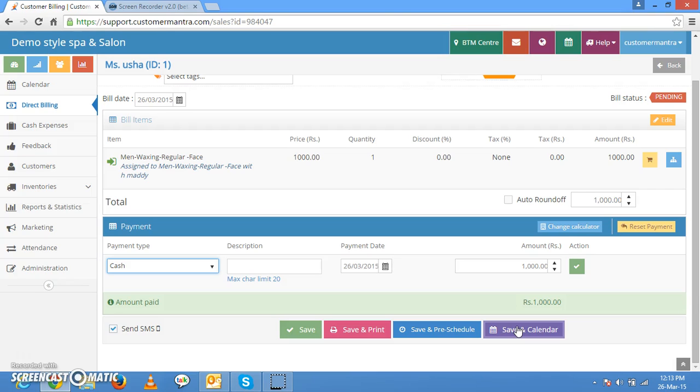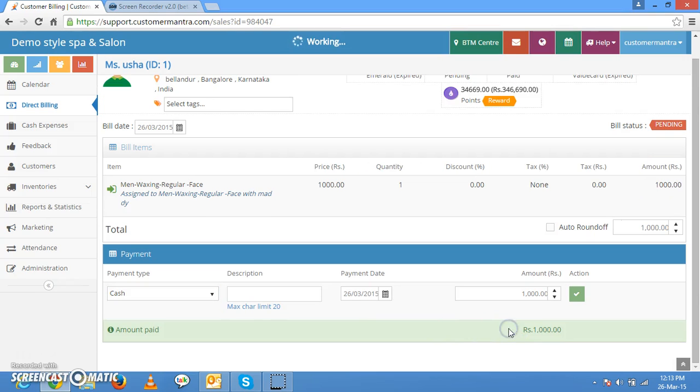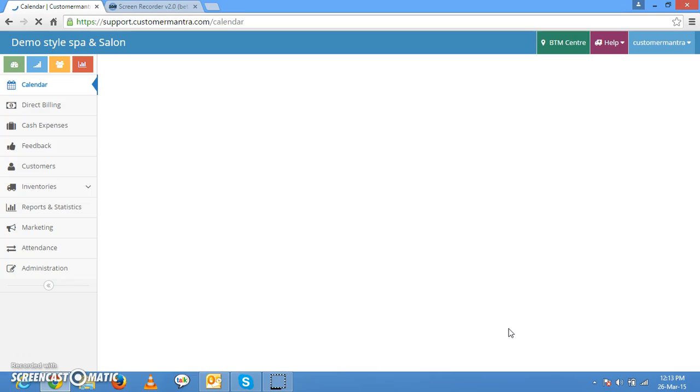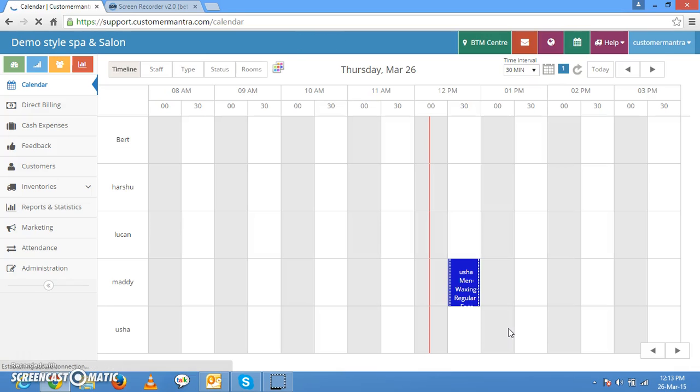Now what it also does is that it sends an email and an SMS to the customer notifying them that their total bill value is about $1000 and what service they've taken, right? Thanking the customer for visiting your salon and what the total bill value is. So if you would want to hand over a copy of a printout to the customer, you could hit save and print. This will save the information and print a receipt which you can hand over to the customer, right? So I'm going to save in calendar for now, since I'm not going to print. This comes back to the calendar screen. Now you see the small dot